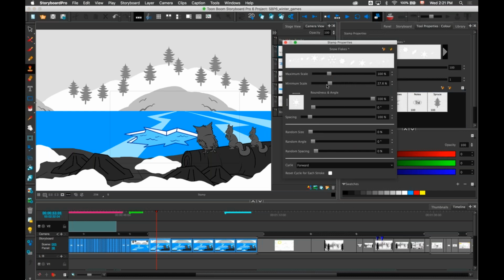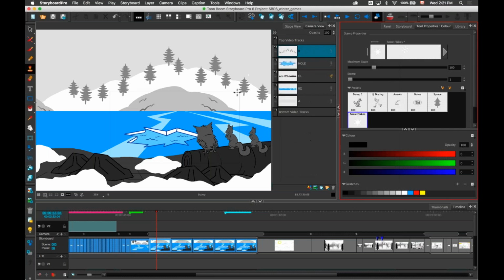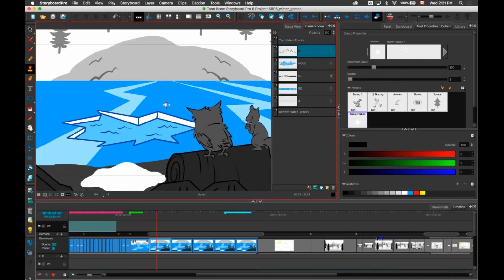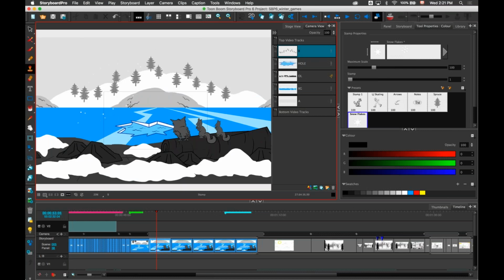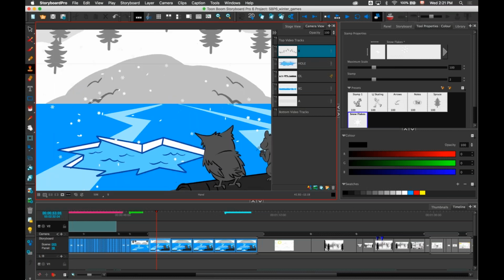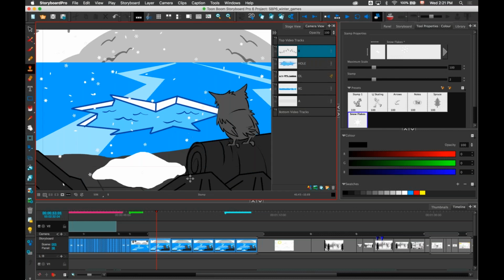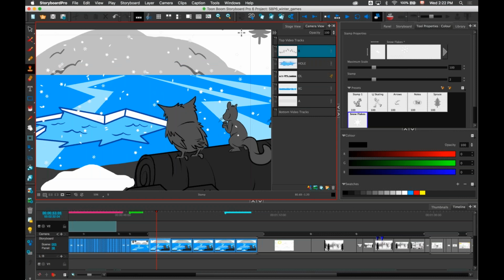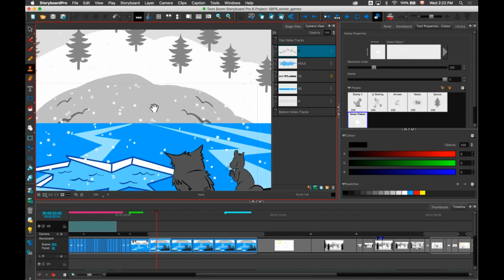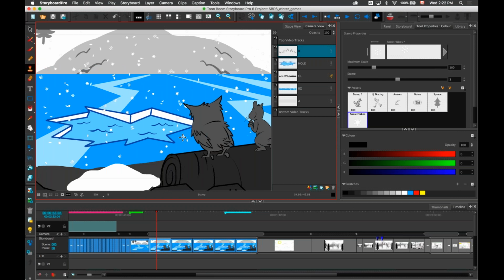And what I want to do is make this pressure sensitive. So when I'm drawing, I will have different sizes of my snowflakes. I can add a little bit of random size, a lot of random angle, a little bit of random spacing. And actually, I will increase the spacing because I don't want the snowflakes to be too close together. I can just use this and stamp this everywhere in my scene. So maybe I make it smaller here, and I just click and I drag around, and this will put snowflakes everywhere in this scene. So it makes it very easy to reuse or to do some snow or some rain over a scene.